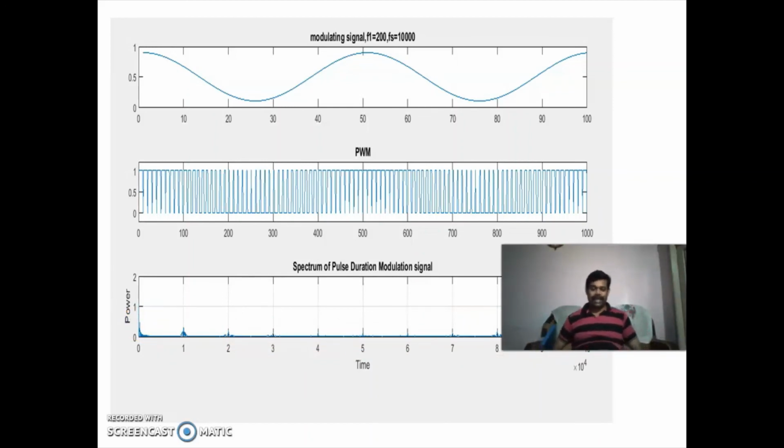So we have studied the pulse amplitude modulation and its spectrum, and pulse width modulation and its spectrum. So we have studied the program. How I have explained the program, how it is coming, and next we will study how to execute the program in MATLAB: how to open the MATLAB, then how to type, then how to run, how to save, and how to get the result.